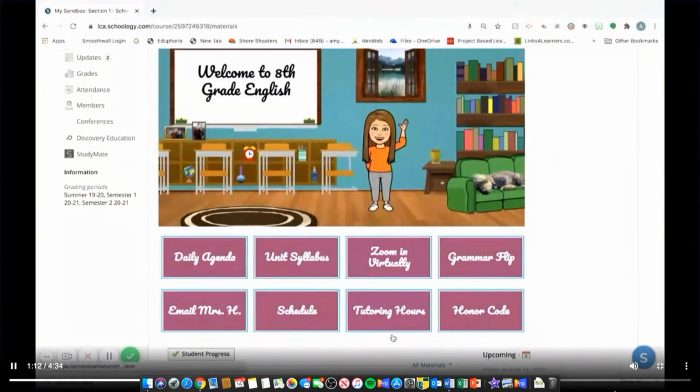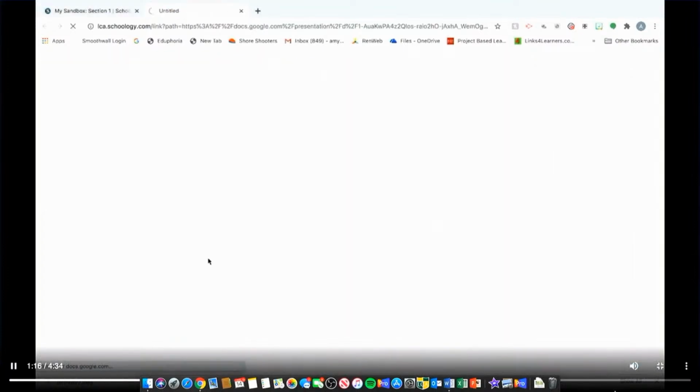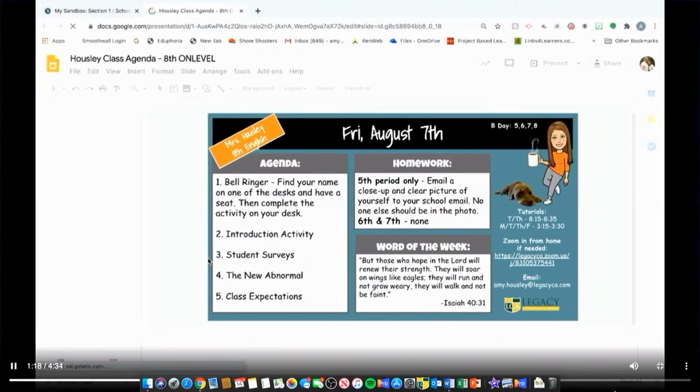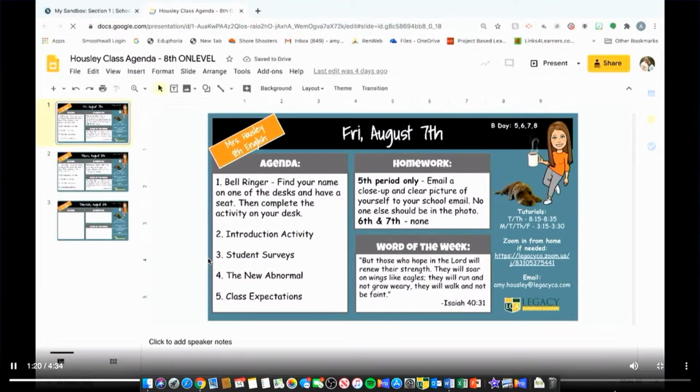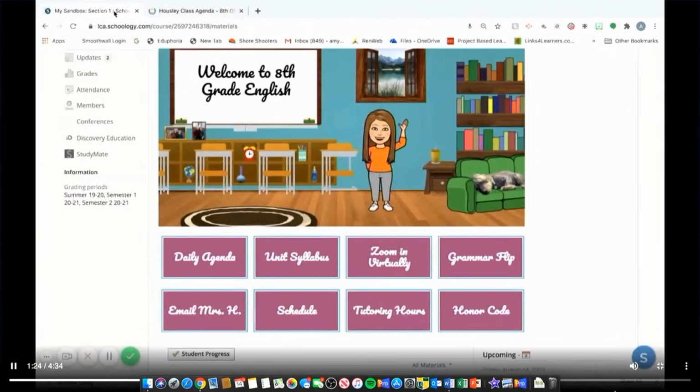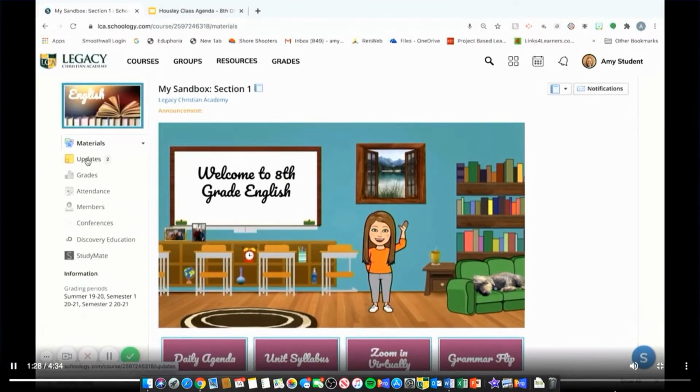Down here you'll see buttons that I've linked for my students, and just by clicking on one of the buttons, they're able to access things like daily agendas, the syllabus, even the Zoom link to Zoom into the classroom, other things like that. Now, updates are very similar to